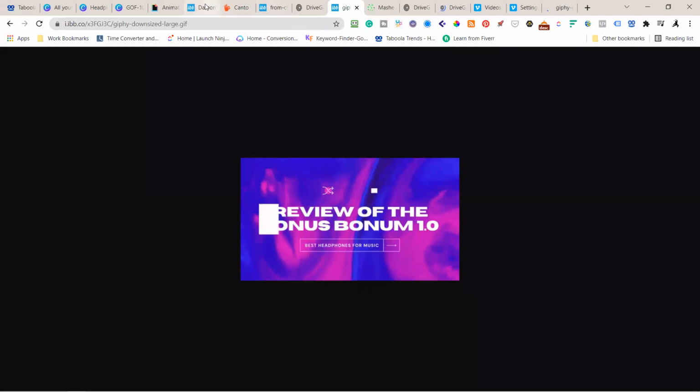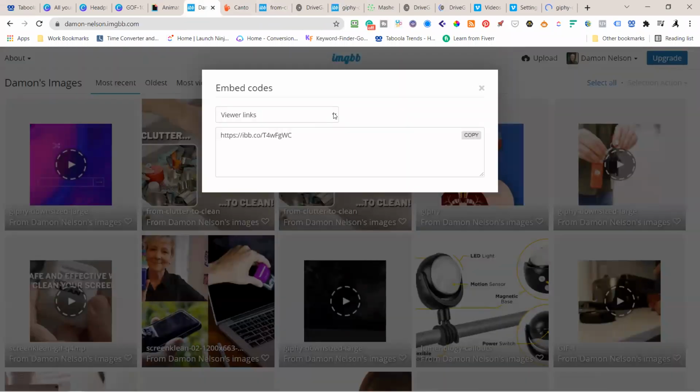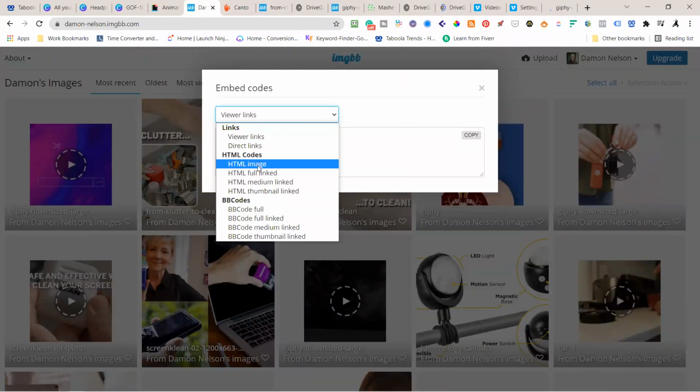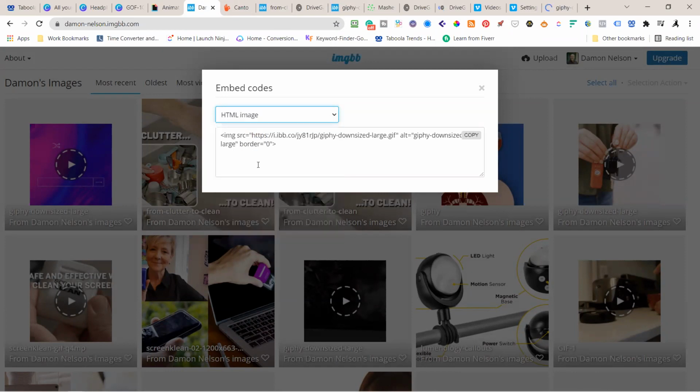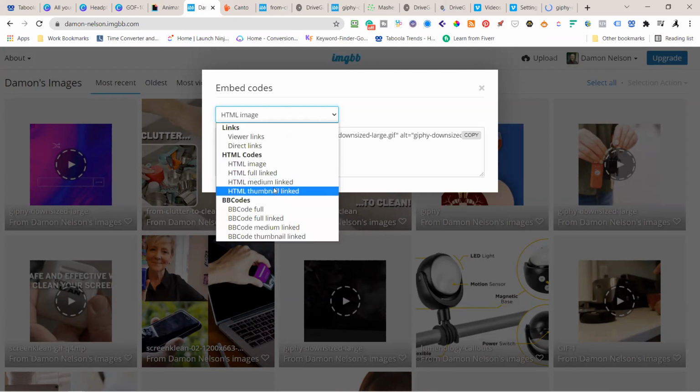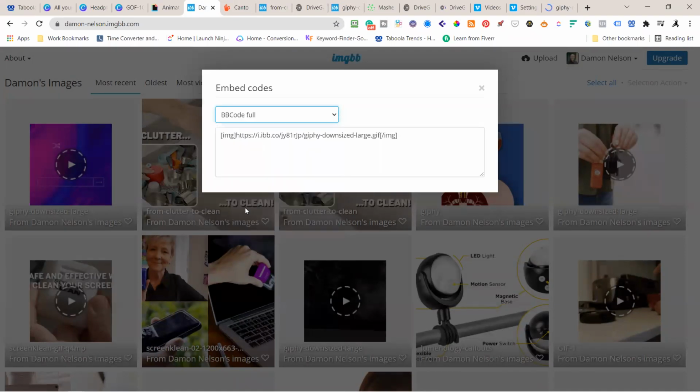Let's go back here. The other option is they have HTML image codes in here. So if you had HTML you're editing, this is a great way to do it. Fully linked, medium linked, thumbnail linked, BB code. So if you're using the old form of the bulletin boards,